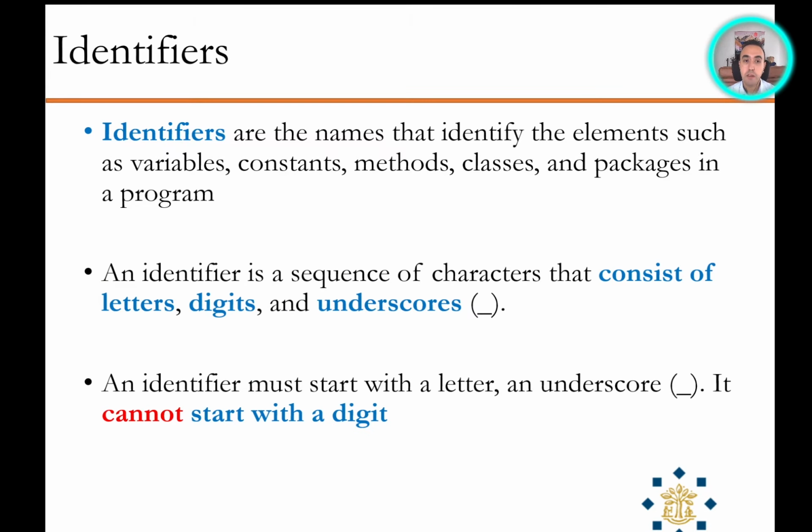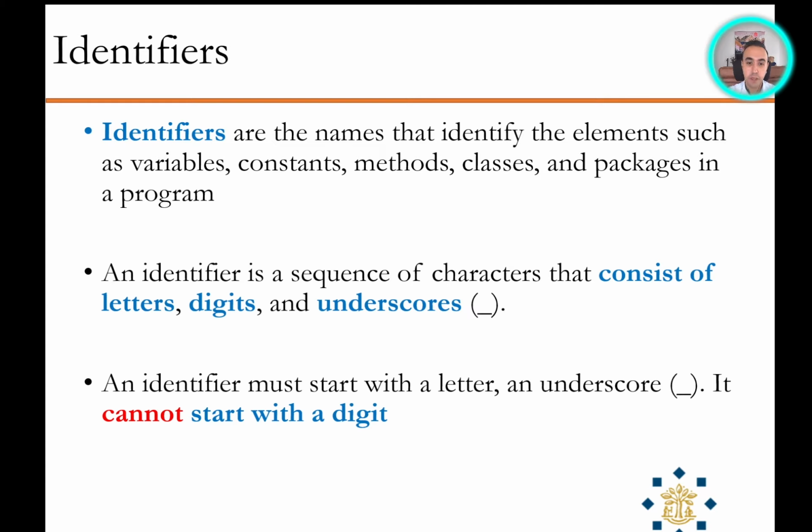Okay, so we have done a lot of exercises and gained practical programming skills. Now let's look back and try to understand what we learned so far. We actually know what they are, we just didn't formally explain them. So here is the first one, identifiers. What is an identifier? Identifiers are the names that identify the elements such as variables, constants, methods, classes, packages